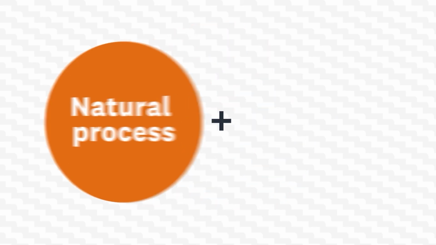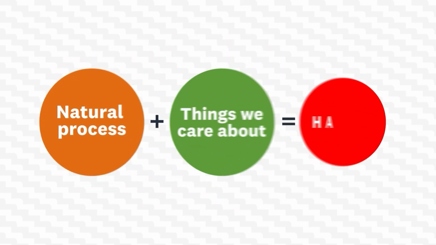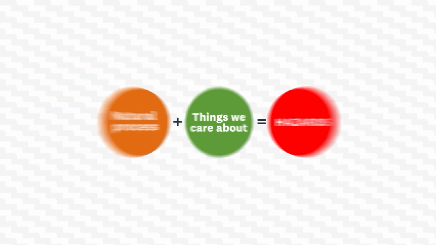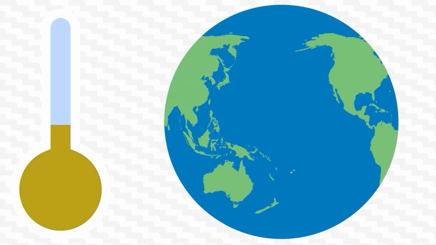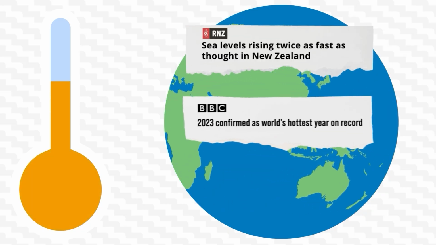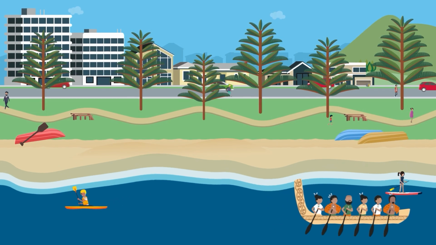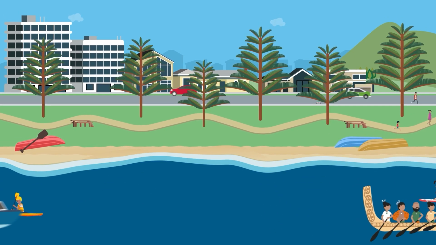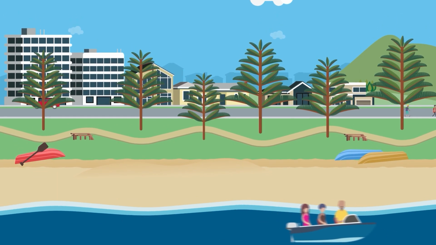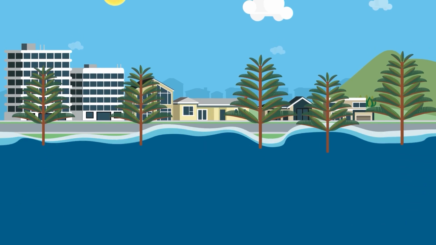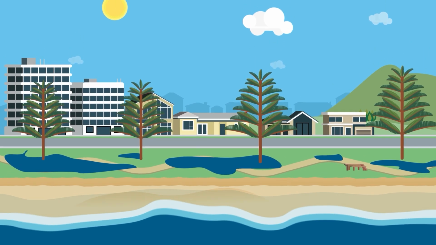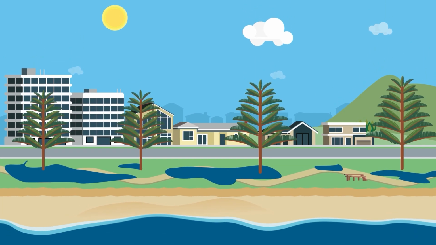While coastal erosion is a natural process, it starts to become a coastal hazard when it impacts things we care about near the coast. Climate change is projected to increase rates of erosion in the future through sea level rise and more frequent and more intense storm events, turning natural processes into hazards at an increasing rate, speeding up the need to adapt our coastal environments and important assets and infrastructure supporting these places that we value.